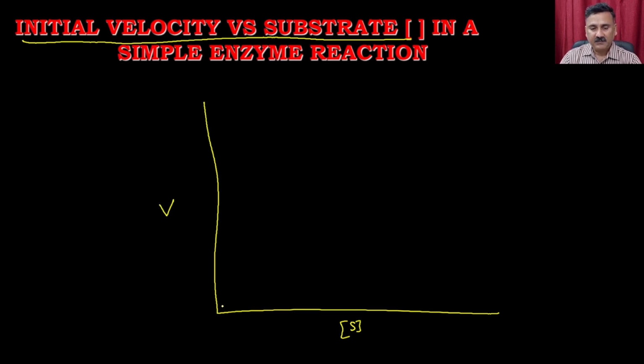And when you do this, you will see that initially the velocity is logarithmic linear, and then ultimately it forms a plateau, right? Because with the increase in substrate, the velocity does not increase any more, because at this particular stage the enzymes are saturated, right? And this is actually going to give you